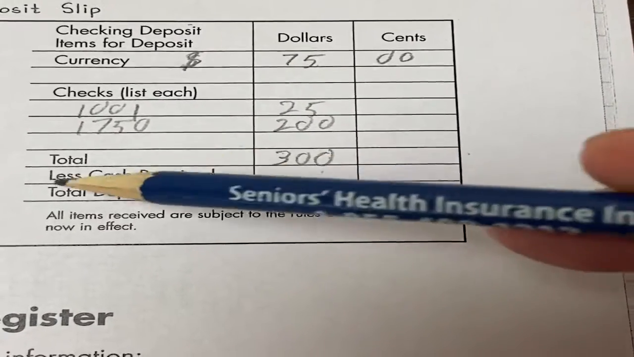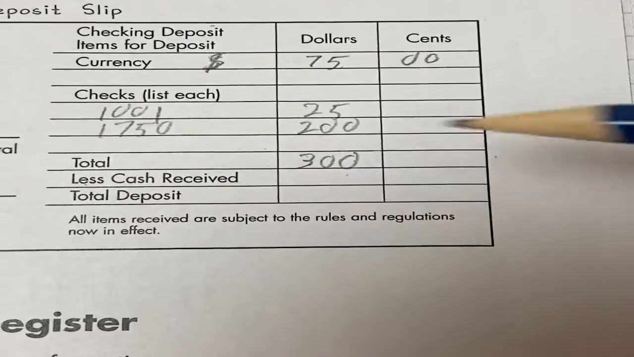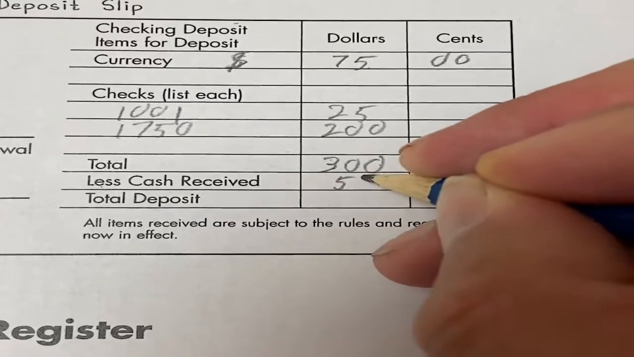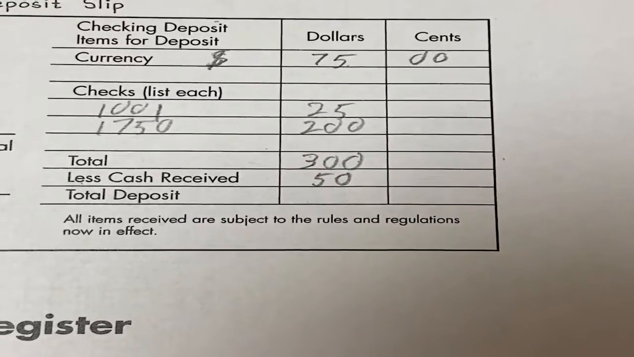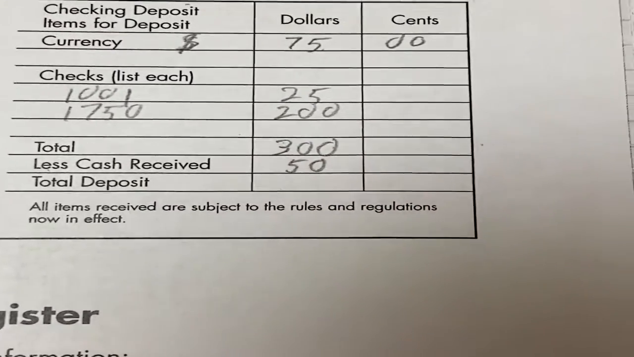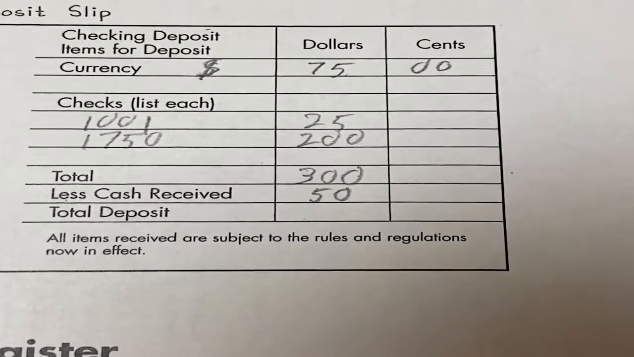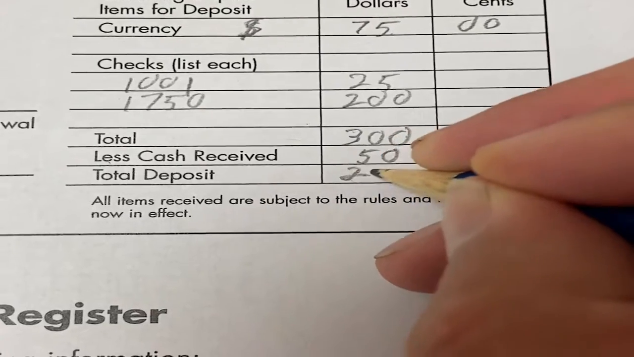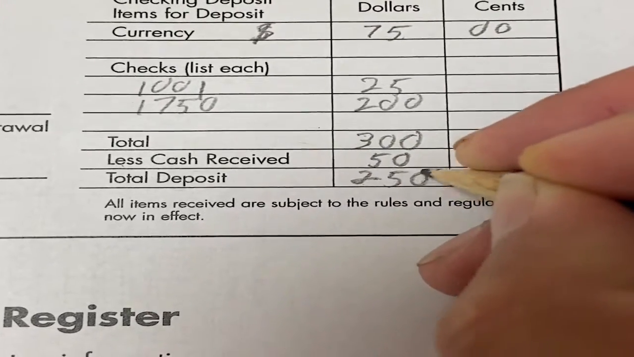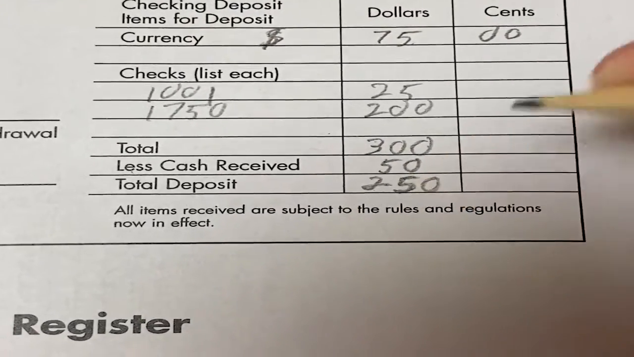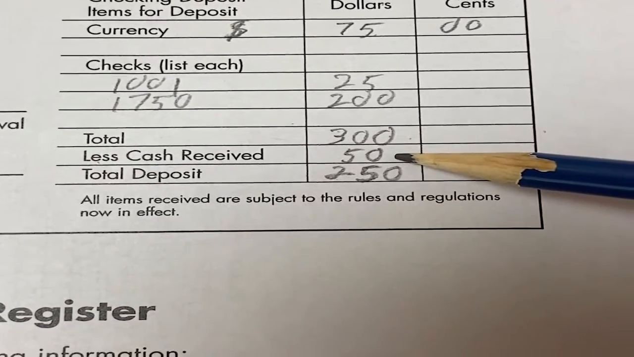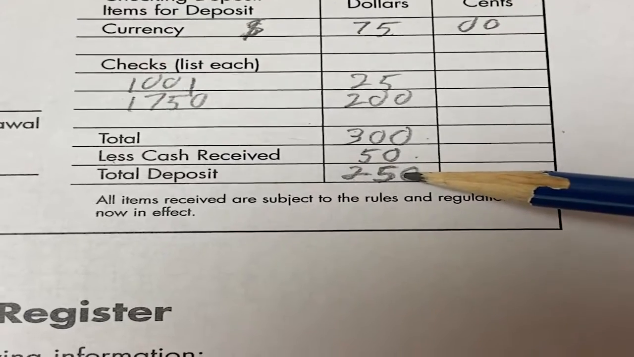Then you're going to go down to less cash. Less cash means that's the amount of dollars that you want to withhold or the bank to give you back. So say you're going to put in $300 total, and you want $50 to come back to you in form of cash. So you would have in total, you would put $300, less cash received, you would put $50, and then under